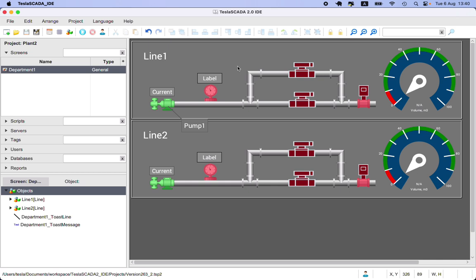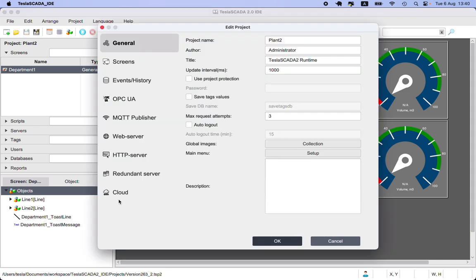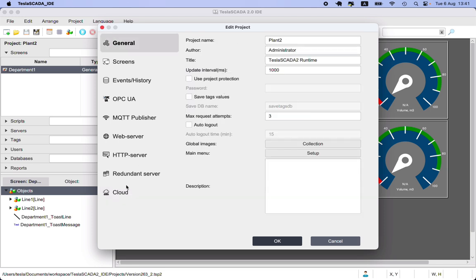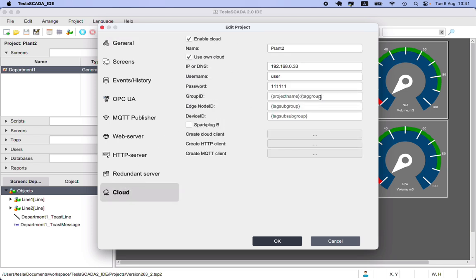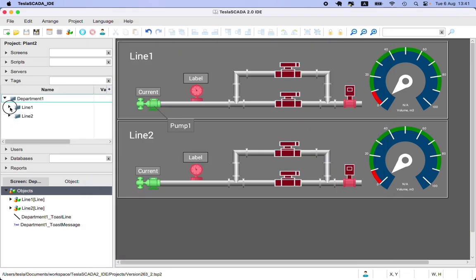Also, in the new version we add some possibilities in TeslaCloud. Let's take our old project and set it up for cloud. We choose the name, plant 2, and the name it will have in the cloud, plant 2, and the group ID. That depends on the project name. In our case, it's plant 2, and tag group, tag subgroup. That depends on the values you can find here. Tag subgroup,